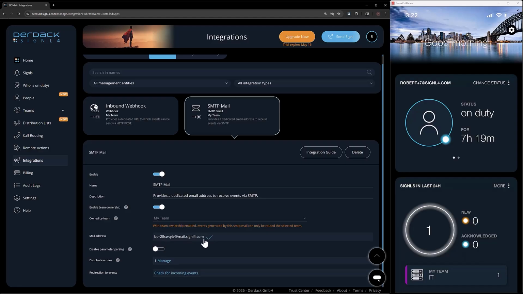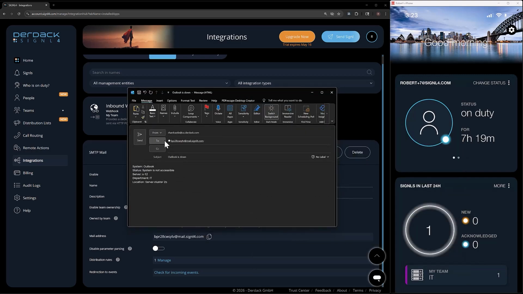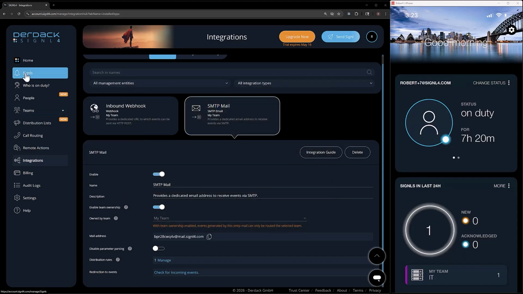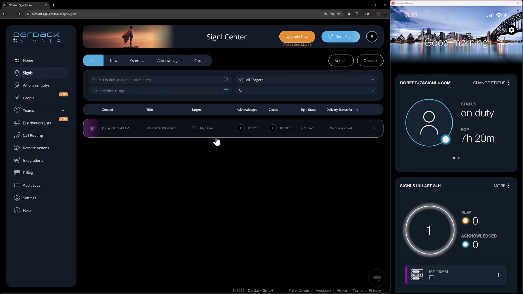And if I go ahead and copy that email address, I can actually send an email here to get an event started. And as we see here, I already have an email created. That's a pretty simple "Outlook is down" with a couple pieces of information in it. So I go ahead and send this email in. I'm going to go ahead and click on signals here in the web portal so we can see the new